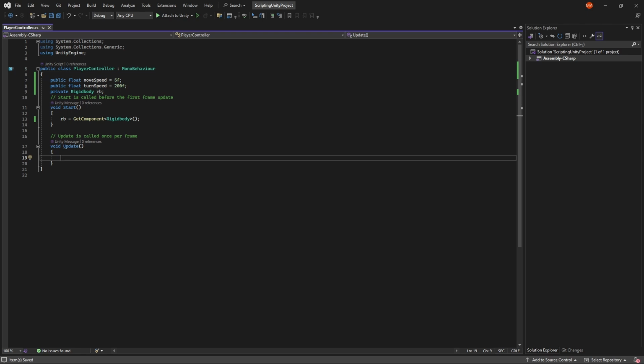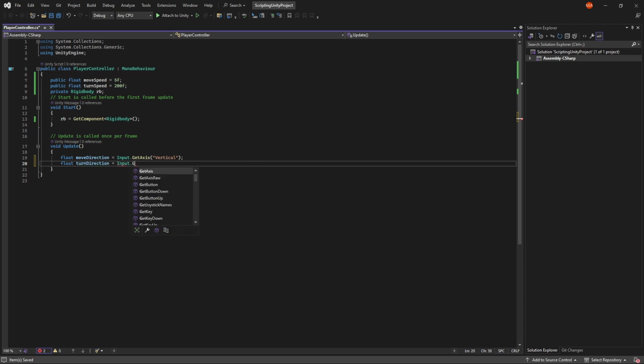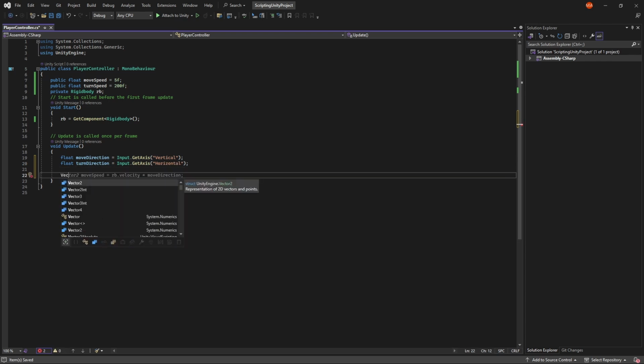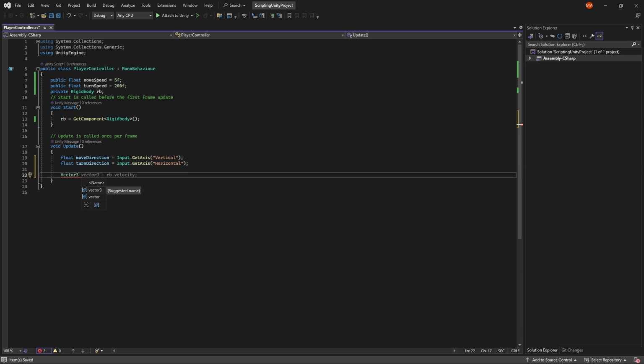Next thing we're gonna do is go to update now and make a new float. Call it move direction equals input.getAxis vertical. So I'm gonna explain this soon, what this input is. I've explained it in a previous video, but I'll do it again. And then we'll add a turn direction equals input.getAxis horizontal. And then we want to move the vector 3 forward or backward, right? So we're gonna want to move the player into 3D space. So let's do vector 3 move equals